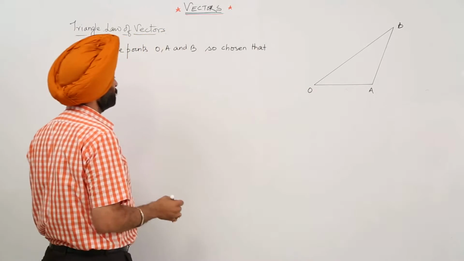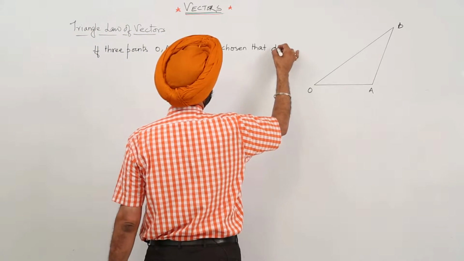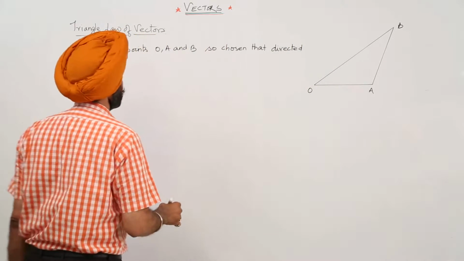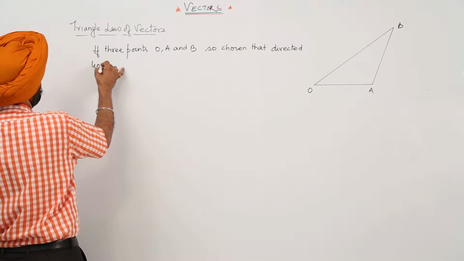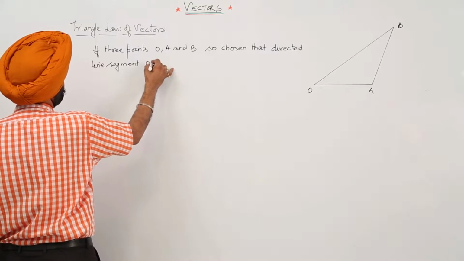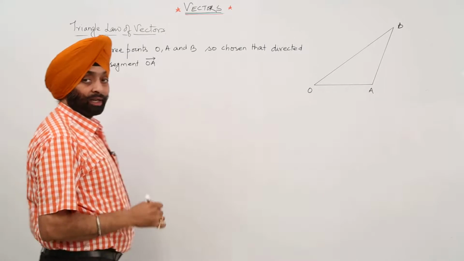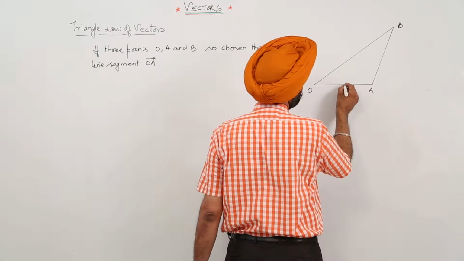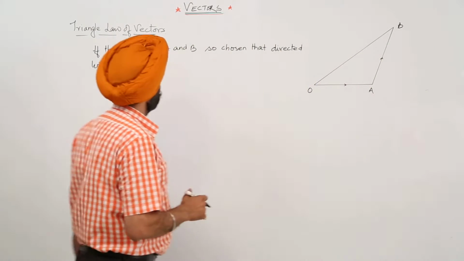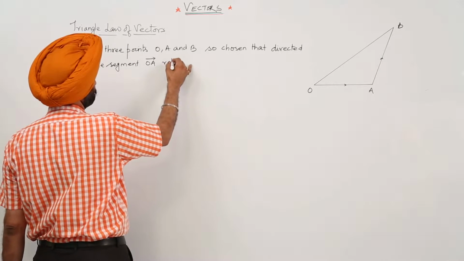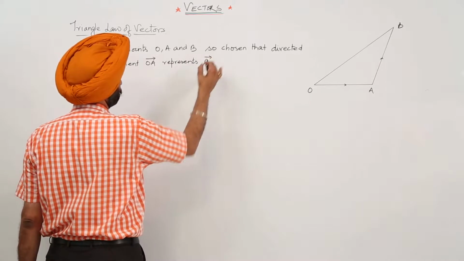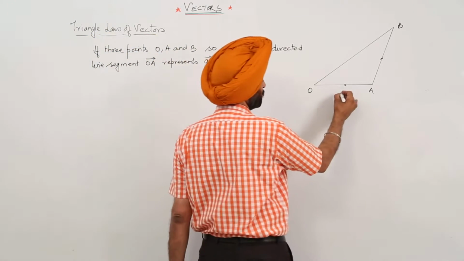that directed line segment OA... Now, directed line means we have to mention a direction. So directed line segment OA represents vector A. Directed line segment OA represents vector A,